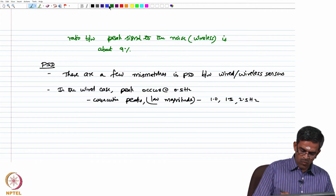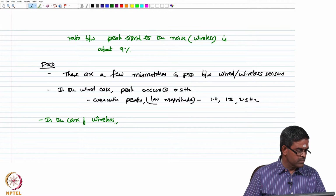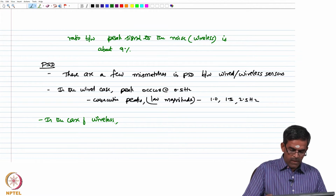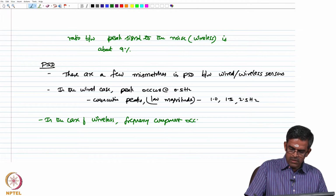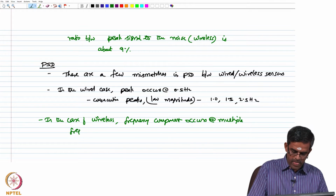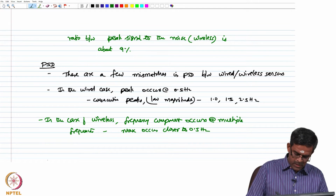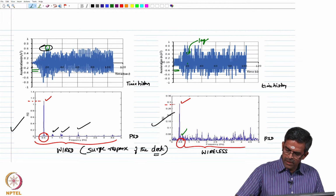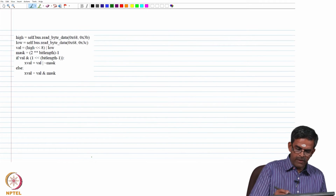But in the case of wireless sensors, the frequency component occurs at multiple frequencies. However, the maximum occurs closer to 0.5. Okay. You can see here the maximum occurs closer to 0.5, where there are multiple frequencies, peaks occur at multiple frequencies. The reason for this could be